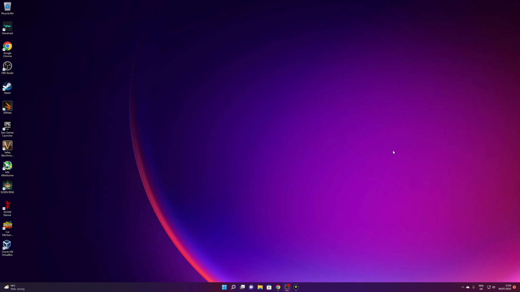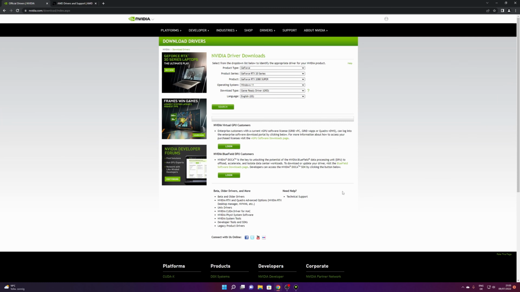And for your GPU, I'm not going to go really deep into the subject, but you want to have the Adrenaline software for AMD or the NVIDIA GeForce Experience for NVIDIA graphics cards, or you can go to their website where you can choose what graphics card model you have, search for the drivers that you want, and install